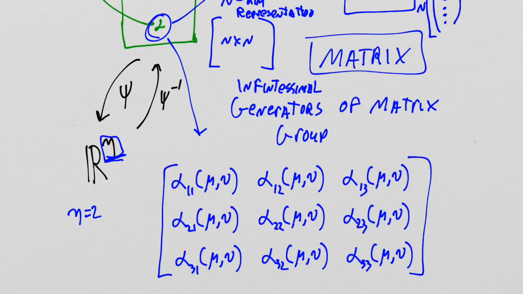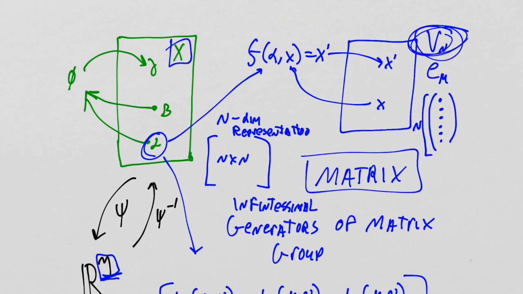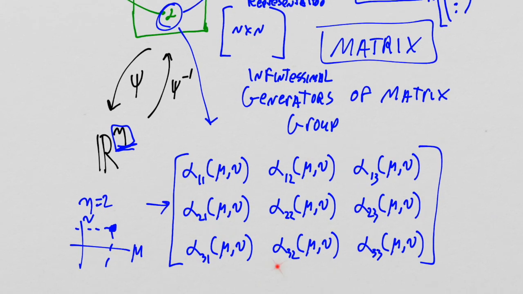And this whole matrix can then be plotted in R^2, where the mu parameter and the nu parameter are the axes of R^2. And so this point in R^2 represents this matrix evaluated at that value of mu and that value of nu. All right, so that's how these matrix groups are defined. That's how they fit into this bigger topological picture. This becomes a topological group of matrices because I can take this parameterization, map it onto R^eta, and that mapping